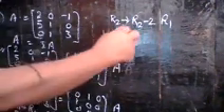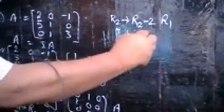R2 replaced by R2 minus 2 times R1. So 1, 1, 2 in the first row you have to write as it is, and in the second row,